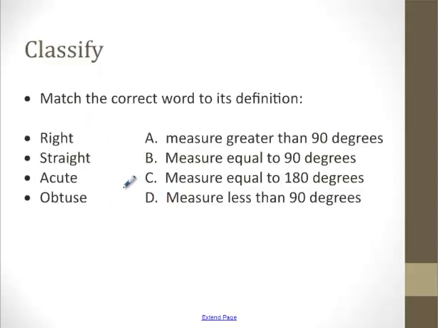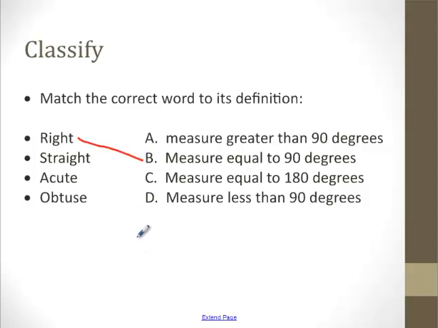Alright, so let's classify. There's 4 key terms that we have to talk about for angles. We have right angles, we have straight angles, we have acute angles, and we have obtuse angles. Take a minute, just read over these, make sure you can answer them on your own, and then we'll check. So a right angle